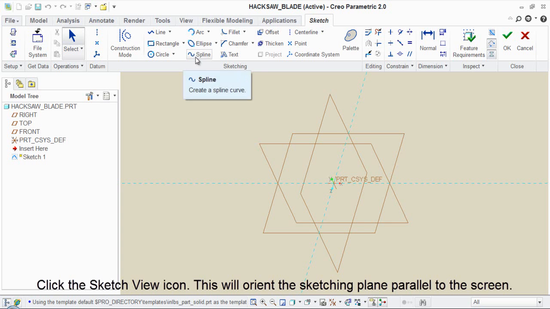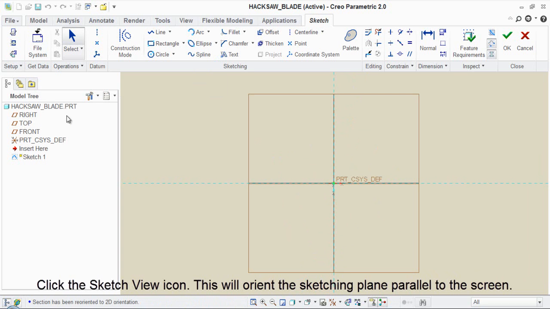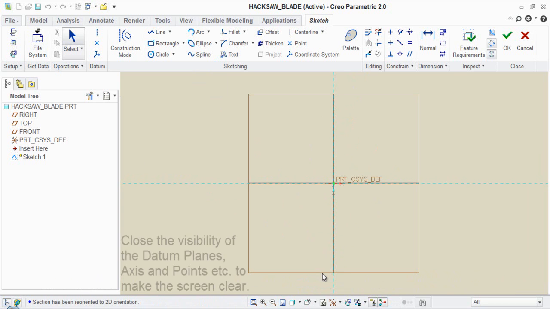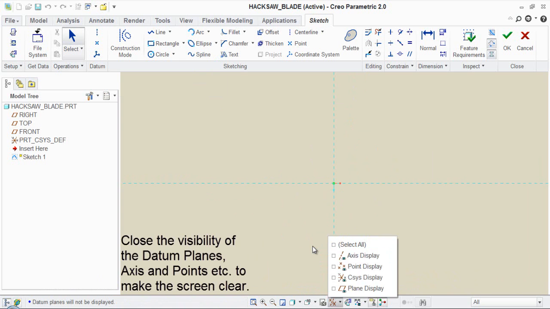Click the sketch view icon. This will orient the sketching plane parallel to the screen. Close the visibility of bottom planes, axis and points etc. to make the screen clear.